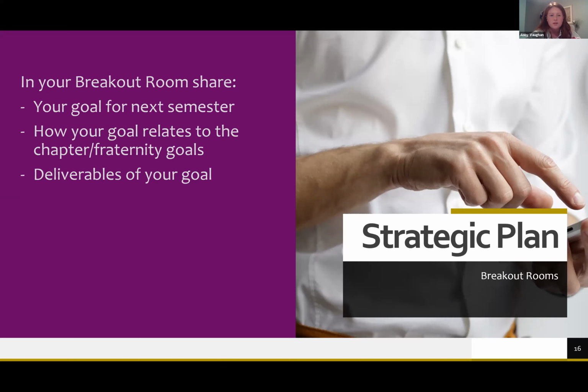And how the goal relates to the fraternity is that, like you said, I want the well-being of my brothers in mind. And if 75% of the chapter is marketing, I'm not going to bring in seven accounting firms that wouldn't really have their best interest in mind. Some deliverables of this goal would be to set a certain number of companies to bring in, say four marketing firms or consulting firms for our professional activities. And then my committee can help me reach out to those companies and hold me accountable to those goals that I set.